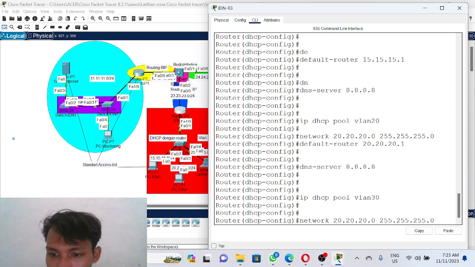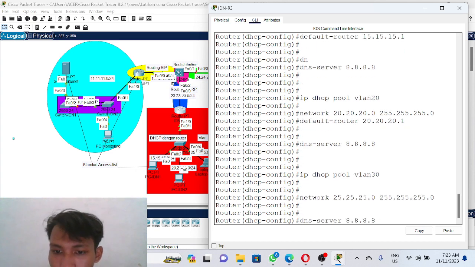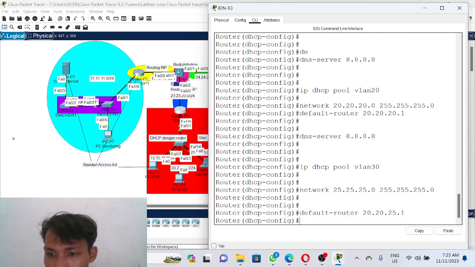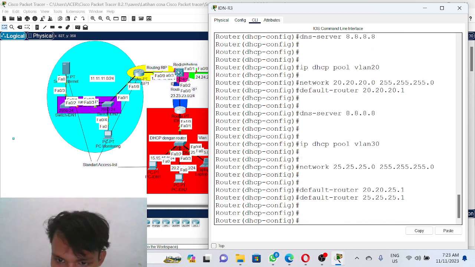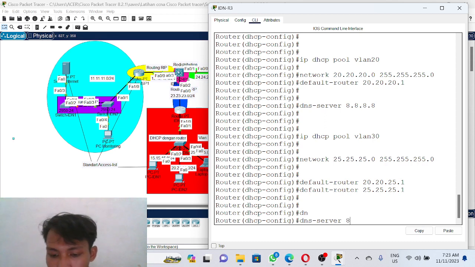Network we change to 25. Okay, the default router we change, sorry, like this, and then the DNS server.